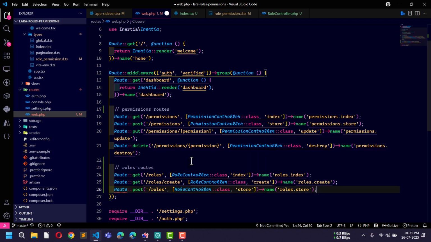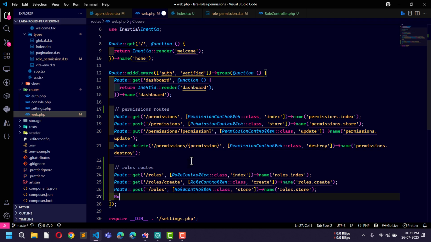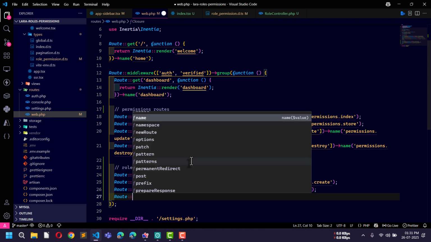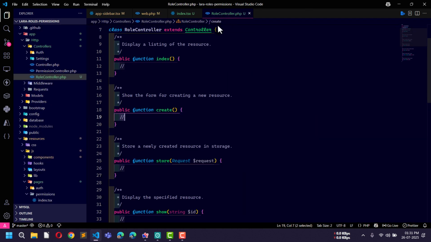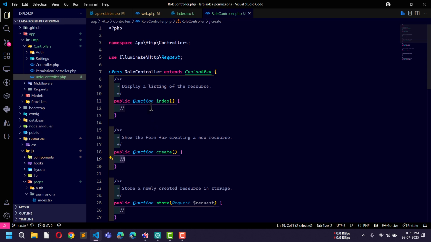Okay, similarly I will also use a route. Okay, let me work on these routes first. So first what I will do is I will go to index, let's close this tab, open the RoleController.php file, and here in index what I will do is